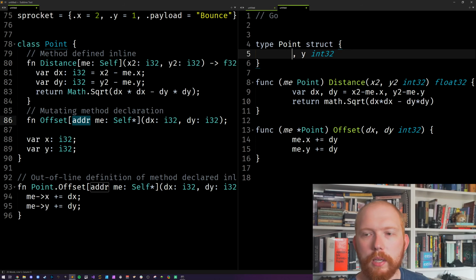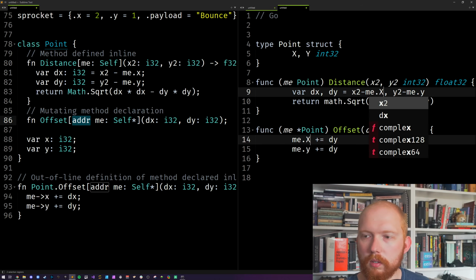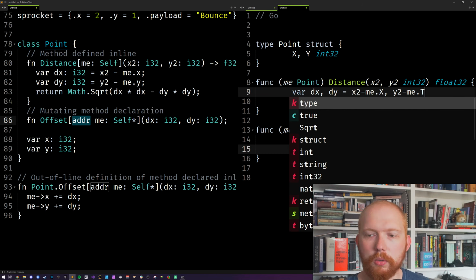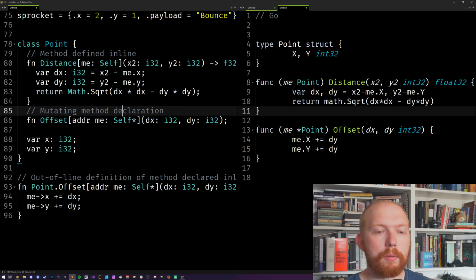Now technically we'd have to make this capital X and Y. Go to make sure this is public. Because one thing that Carbon, I think, has personally done correctly is everything is public by default, not private. Now, many people disagree with this decision, but no, public by default is the more practical approach for doing things. If you've ever dealt with massive code bases or ever tried to deal with someone else's library, if it's private by default, but you as the programmer actually needed that private behavior, it's a pain in the ass to just try and get it out.